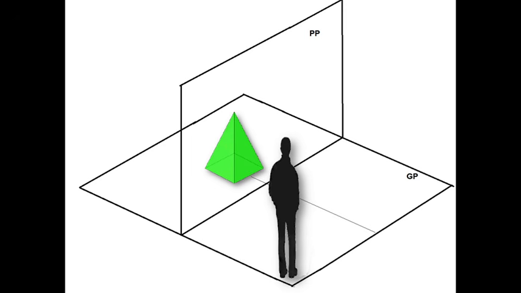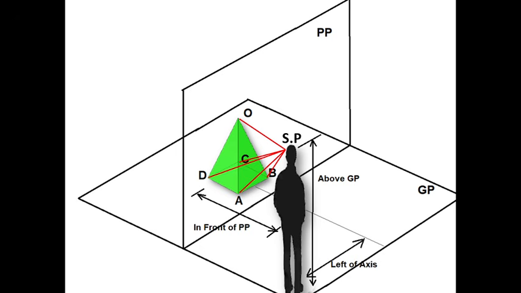Next slide. Perspective projection of a square pyramid. In this slide, we can see the completed perspective projection of the square pyramid obtained using the visual ray method. Observe the drawing carefully. The pyramid appears exactly as it would be seen by an observer standing at the specified station point. The face closer to the observer appears larger, while the portions farther away appear smaller, creating a realistic